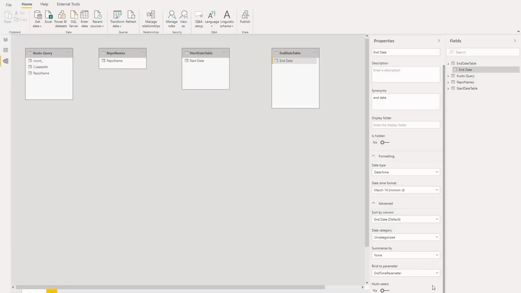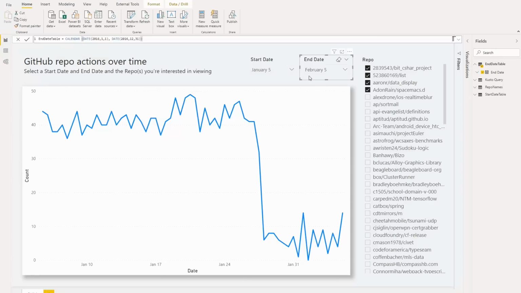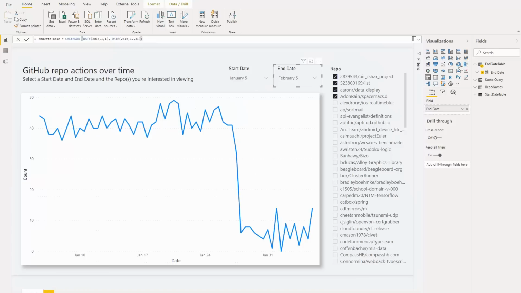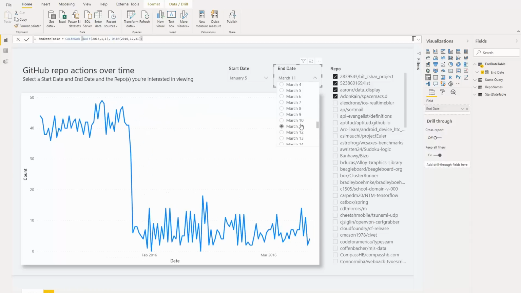And you'll also notice down here there is a multi-select option. So by default it's turned off, but if you have a multi-select scenario, you can go ahead and turn this on, but be sure that how you reference the parameter accommodates for that multi-selection. So now that we've mapped the parameter, we can now reuse the mapped fields anywhere as a filter or a slicer or even a drill through. But again, keep in mind that because this is single select in this scenario, you'll want to limit it to a single select slicer, as you don't want to cause errors for your end user. And now we can try out some values, and you see here that as the query updates, it's also updating the parameter.